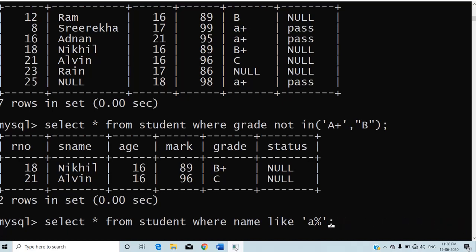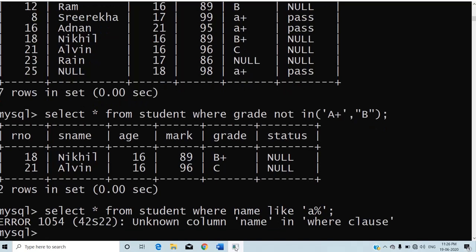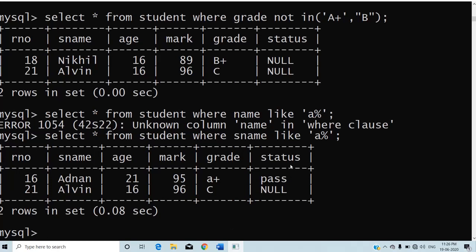It will display all the records whose name begins with letter A. I just used A in small letter. So here there are records Adnan and Alvin, two records whose name begins with the letter A. Here I mentioned small letter A and it is displaying the capital letter values also. So percentage represents that part can have any number of characters.